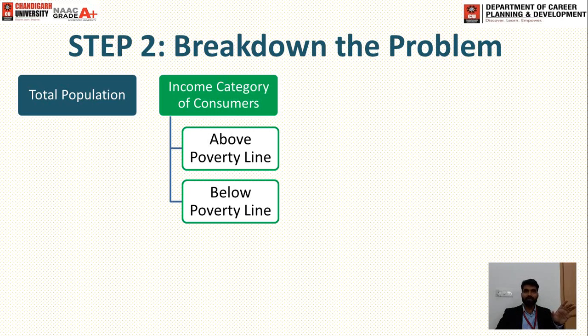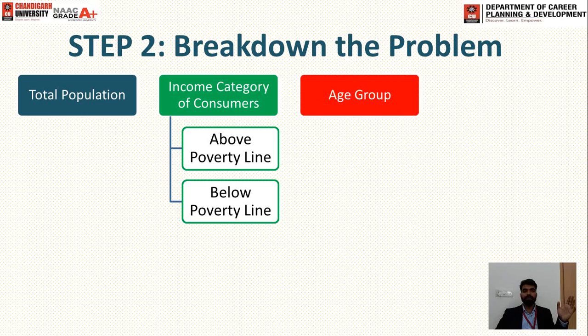Like, below poverty line would not be consuming a large amount of Coca-Cola, because they earn by working really hard. Okay, so they won't be spending that amount on soft drinks, something like that. Again, age group is really important, because most of the people above 50 or 60 don't consume these drinks, and below the age of, let's say, 8 or 5, parents don't allow their children to consume